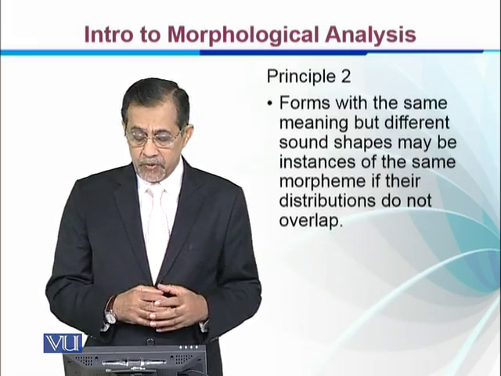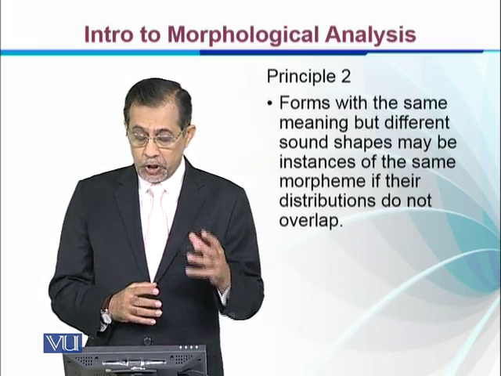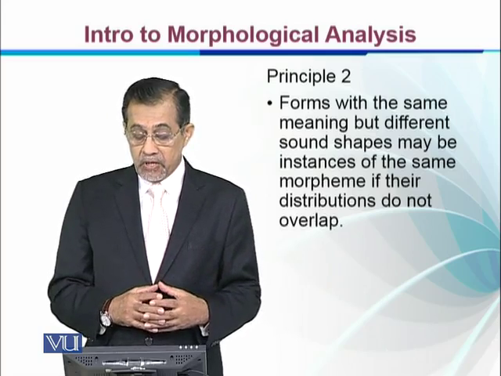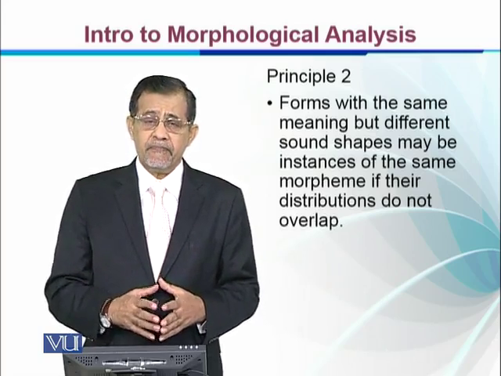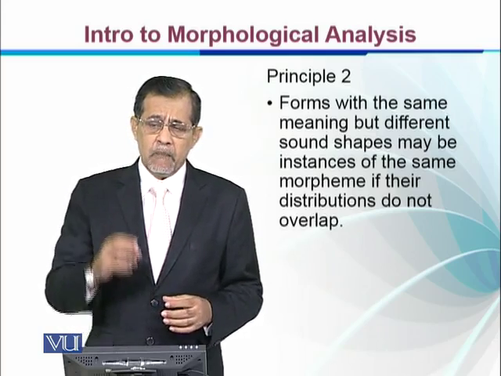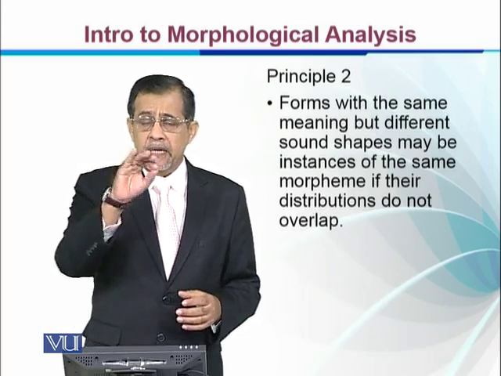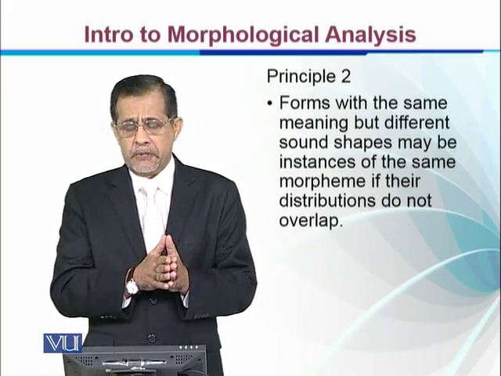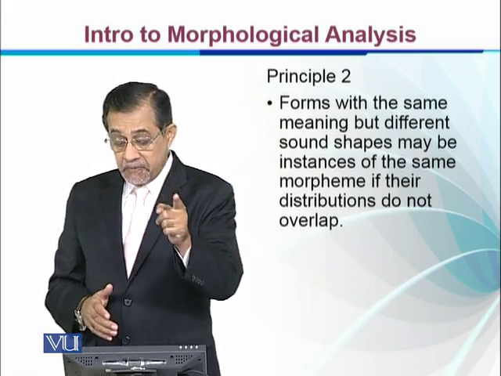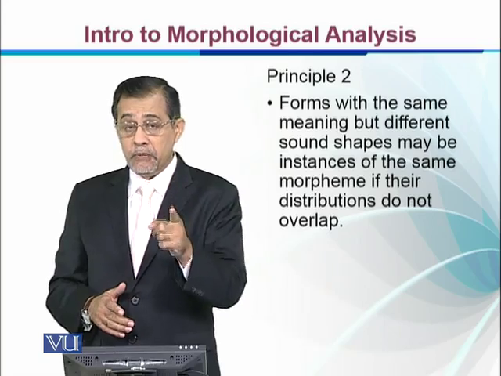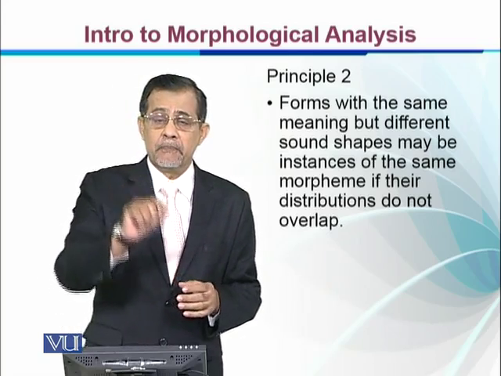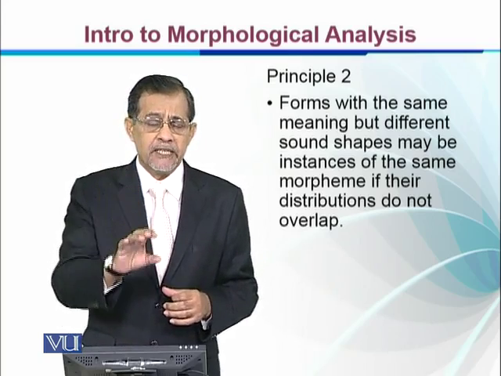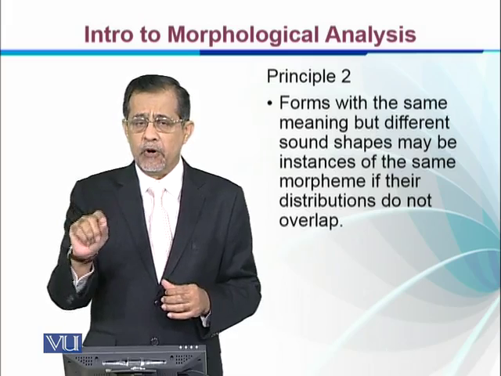Principle 2. Forms with the same meaning but different sound shapes may be instances of the same morpheme if their distribution does not overlap. Let's look at morphs. They are the variants of a morpheme. They have different shapes, right? But their distribution does not overlap. For example, if the last sound of the word is voiceless, this -s plural morpheme will